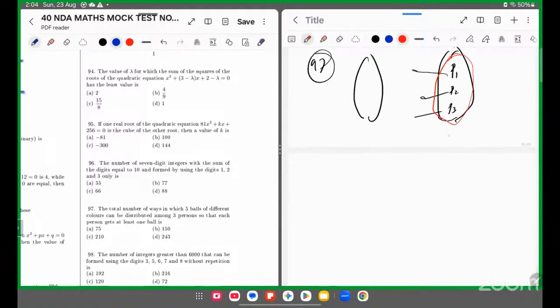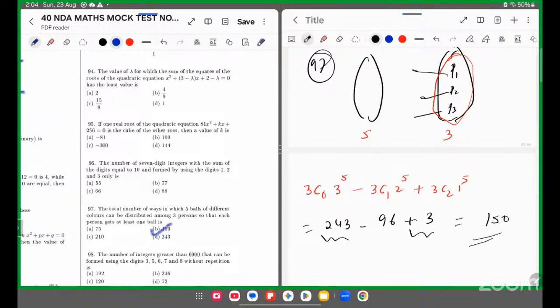तो नंबर ऑफ ऑन टू फंक्शन अपने को पता है, इसमें 3 एलिमेंट है, इसमें 5 एलिमेंट है। तो क्या करने का? 3C0 से जो भी वहां पे R रहता है, अगर R एलिमेंट है उधर, उधर से स्टार्ट करने का। 3C0 इधर आता है 3 पावर 5, पहले साइन प्लस फिर माइनस, फिर आता है 3C1, अभी 2 पावर 5 आएगा, एक कम करने का, फिर प्लस, फिर आएगा 3C2, फिर दो में से एक कम करने का, 1 पावर 5, उसके नेक्स्ट वाला तो जीरो आएगा, तो लिखने की जरूरत नहीं है। तो आएगा 243 माइनस 3 इंटू 32, 96 प्लस 3, तो आंसर 150।